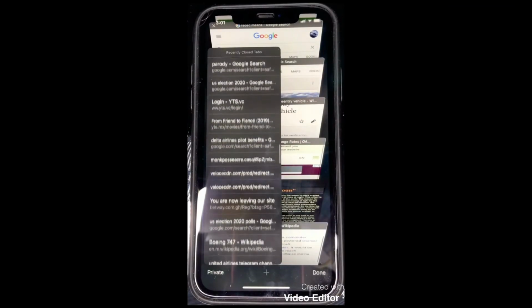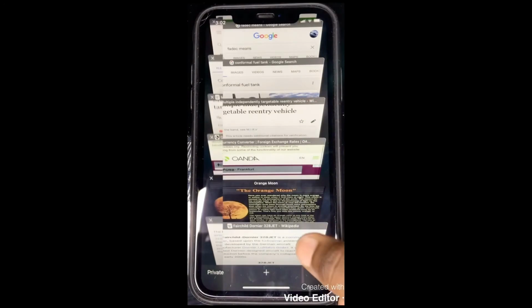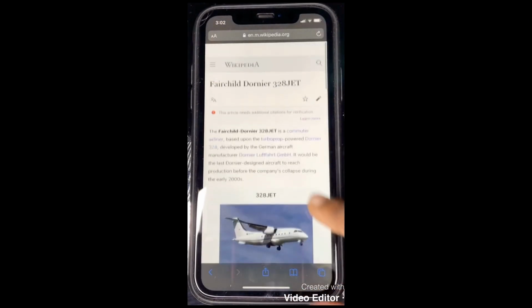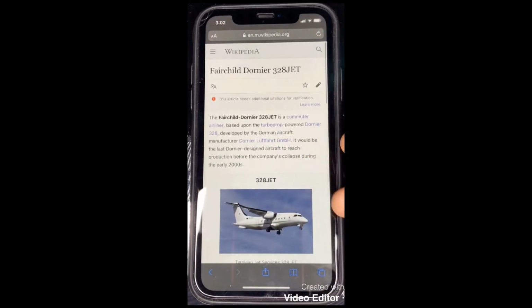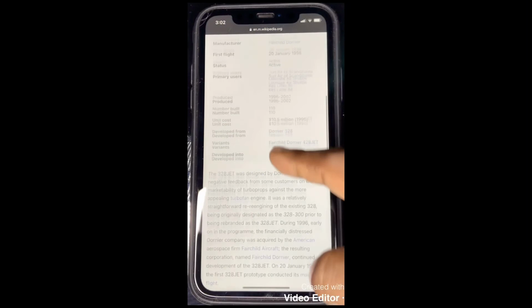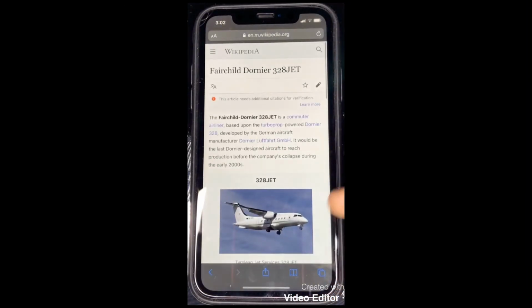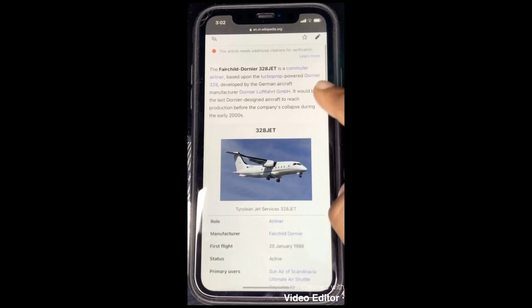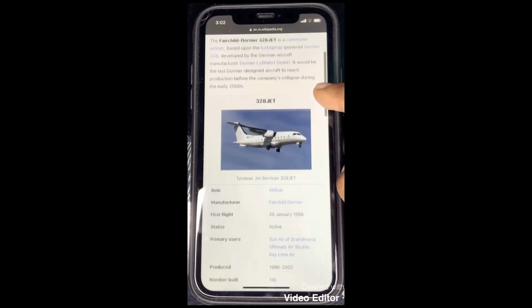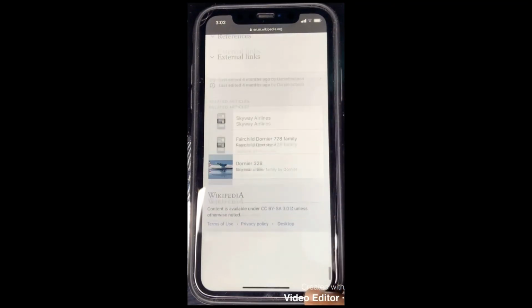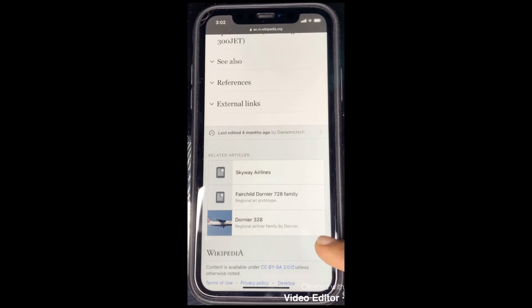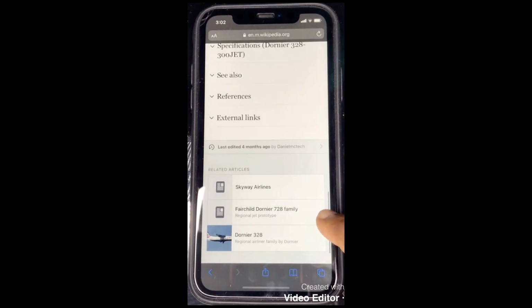So this is the second trick in Safari, and you might be on a page like this with plenty of messages or plenty of information you need, but you might want to get to the bottom of the screen to read the last part of it. So you just hold on this bar right here, then you scroll it down. This is really fast and easy to use. You just hold it,